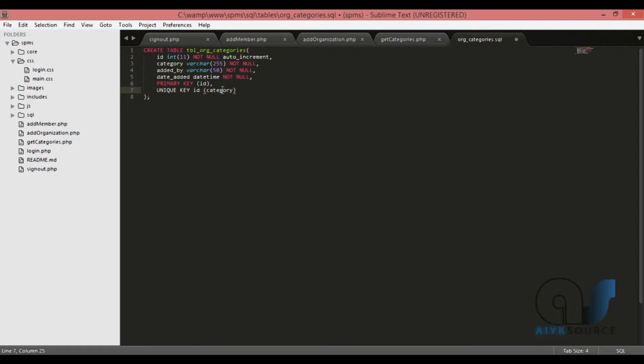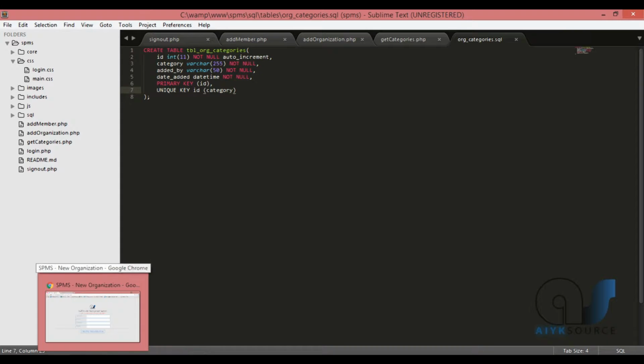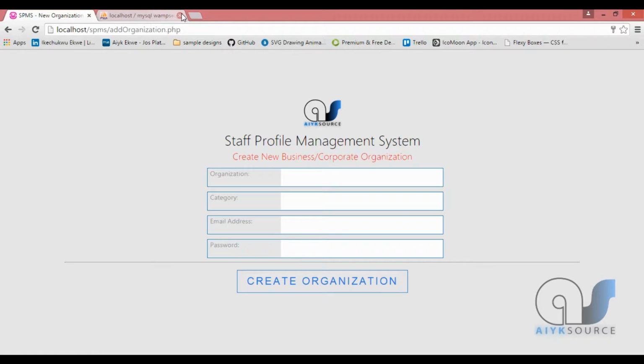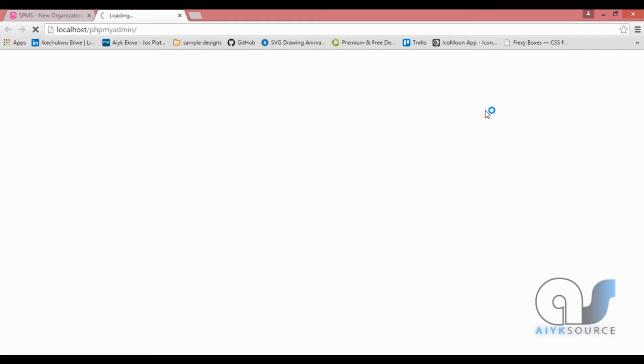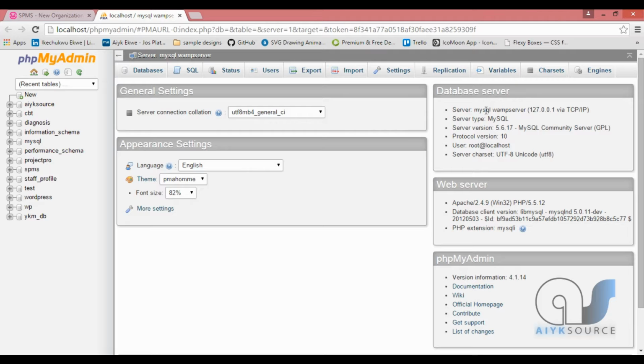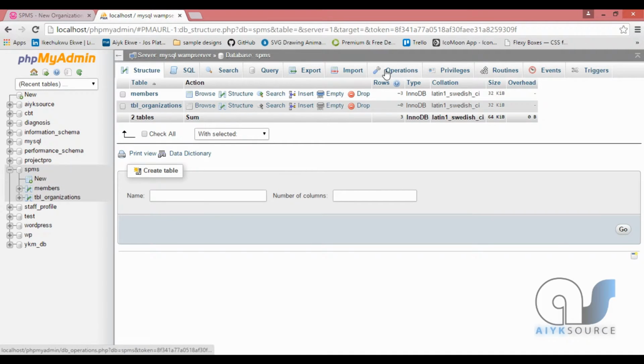That's everything for this. I'm gonna save, and then I'm gonna close this off and open phpMyAdmin, just to import the table we just created into our database. Okay, once this is done loading, I'm gonna select my database. Alright, then I'm gonna click on import,